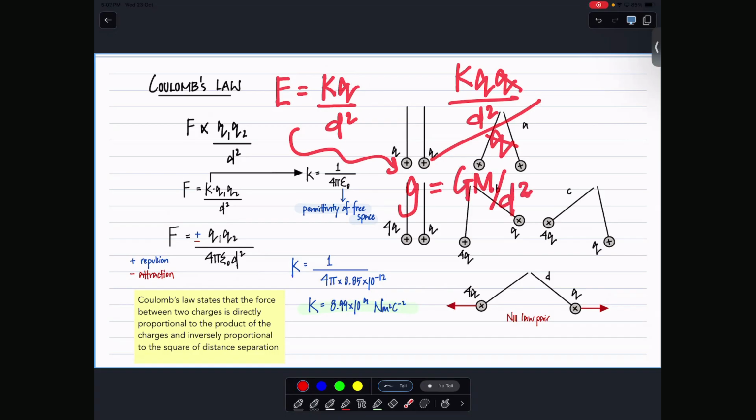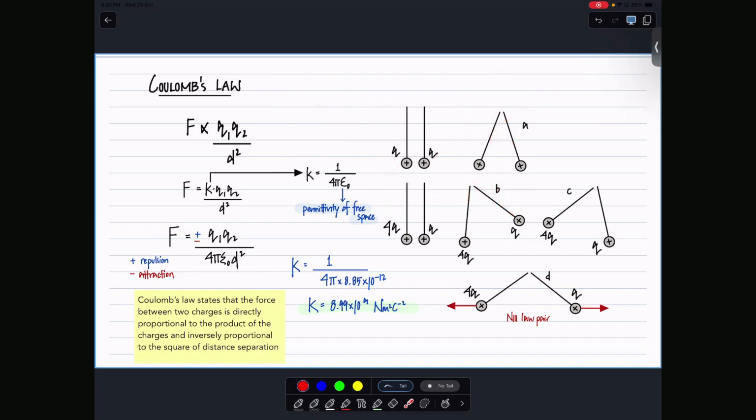The parallels are strong. So again, with gravitational field strength you could use multiple field strengths and find out the net effect at a point. If I have a plus charge here, a minus charge here, a plus charge here, and I want to know what's happening here, what will I do? I'll find the strength of this at this location, the strength of that at that location, and the strength of that at that location.